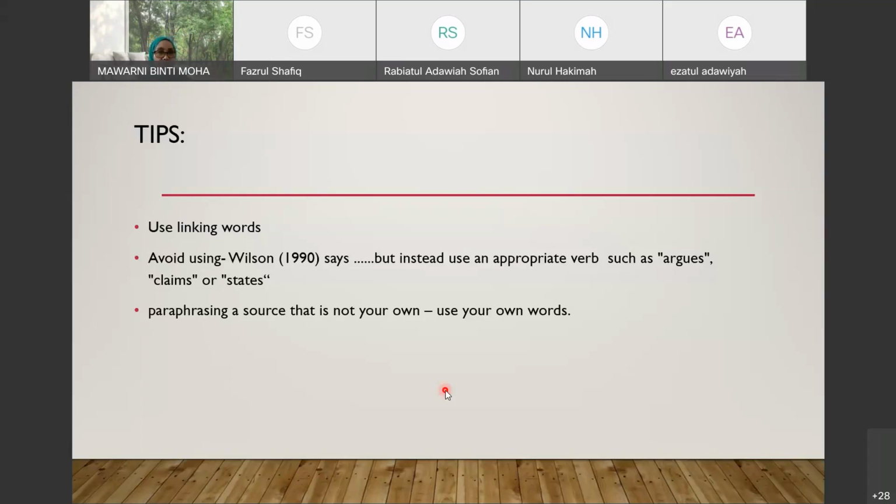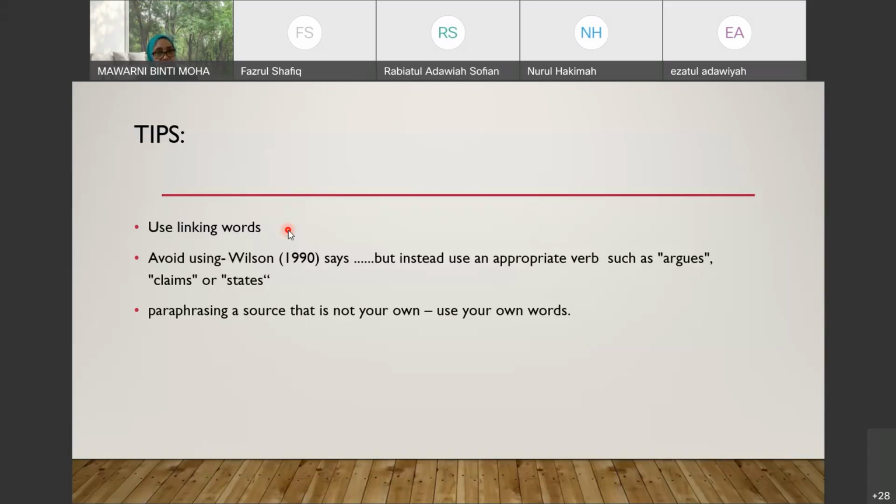This is very important because when you put in linking words, it shows that you are serious about your writing. It shows that you want to explain to the readers, your supervisors in particular, that look, I've done this. I know my literature review. I've read this, and I see that some of the points in the previous literature have answers that are different from my findings. So you write, however, or on the other hand, things like that.